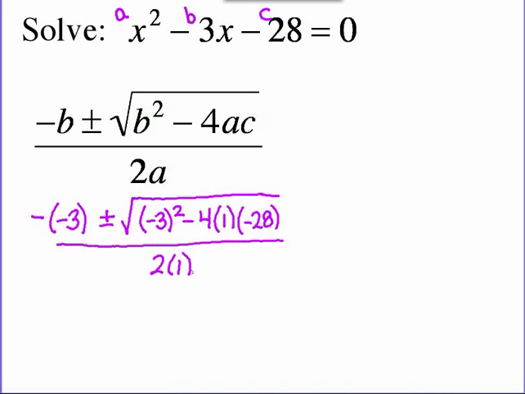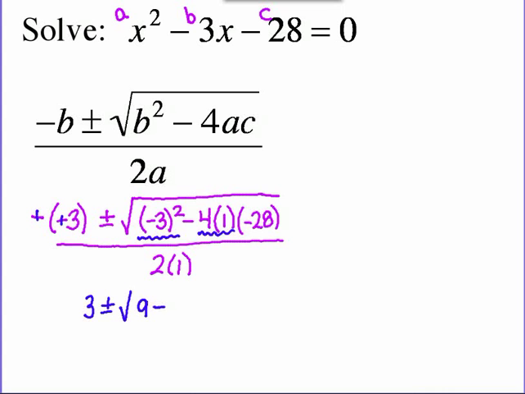The biggest mistake that gets made on these problems is when people simplify. I'll show you a few of those mistakes. Hopefully you won't make them. Very first, you've got 2 negatives, which make a positive. So I've got 3 plus or minus. Here's where one of the biggest mistakes gets made. If you don't have that negative 3 in parentheses, a lot of people will put negative 9. This first number here will always be positive because you're going to square it. So the square root of negative 3 squared is going to be 9 minus